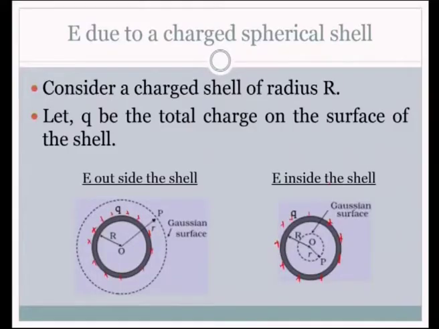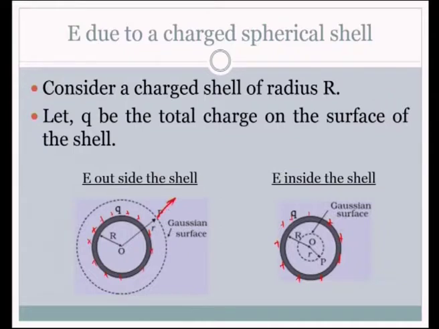Now, we will start with the electric field outside the shell. We have to write the Gauss law and then consider a Gaussian surface and the expression and then solution. The steps you are now familiar with. So, shall we go ahead quickly with the steps? Have a look at the Gaussian surface for a point outside the shell. The point is P here. At this point we want to find out the electric field.